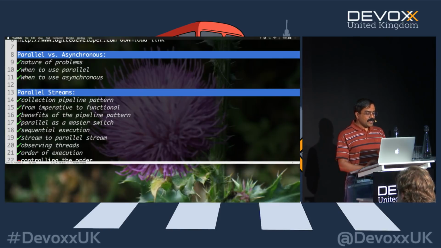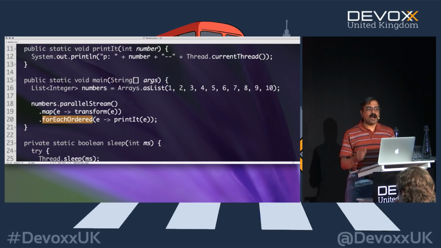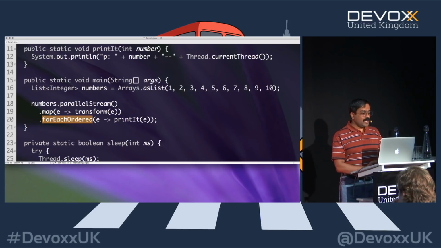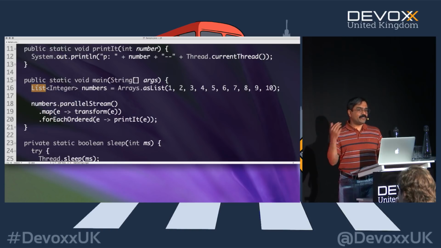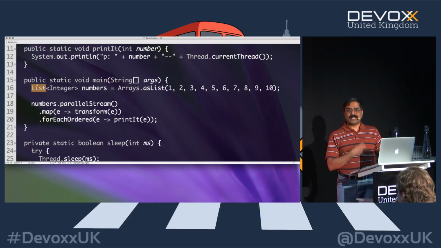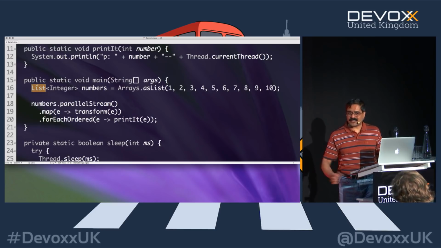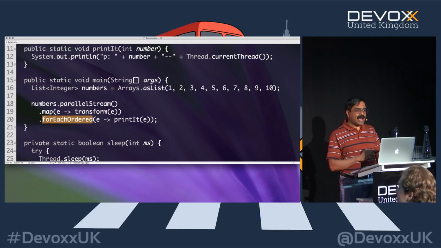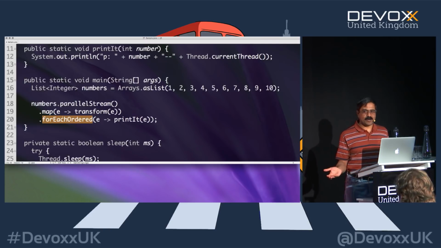Keep in mind that forEachOrdered does not guarantee ordering unless the stream guarantees ordering. That is something we need to keep in mind. If your stream is on a list, which guarantees ordering, forEachOrdered guarantees ordering. If your stream is on a set, which doesn't guarantee ordering, forEachOrdered cannot suddenly make up some ordering that didn't exist. So forEachOrdered guarantees the imposed order, and doesn't make up its own order along the way.